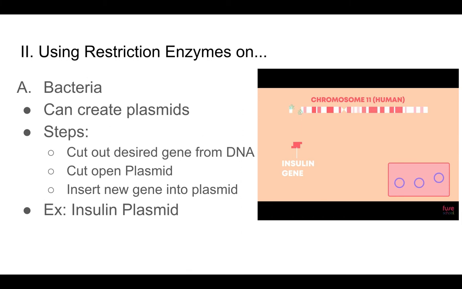Bacteria possess small circular strands of DNA floating in their cytoplasm. These strands of DNA are called plasmids. A plasmid is extracted from the bacterium cell. The plasmid is cut open using the same restriction enzymes that were used to cut the insulin gene from the